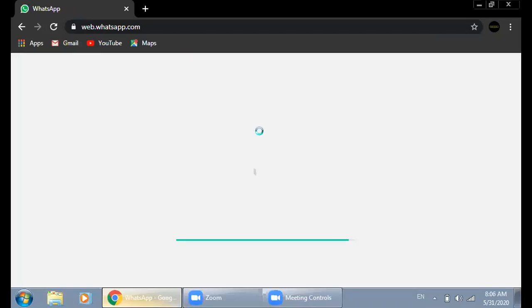So, here our Windows is opening WhatsApp Web. To use WhatsApp on your computer,